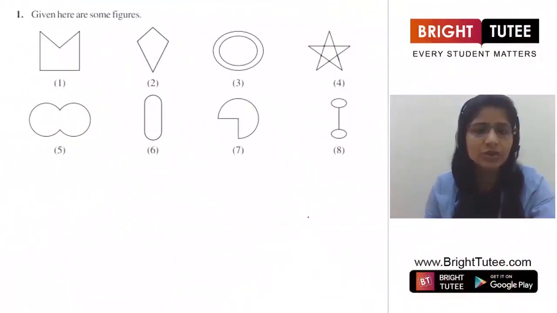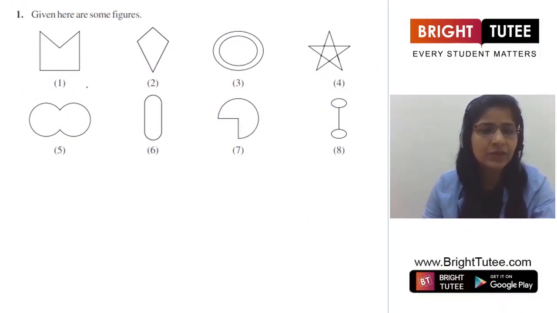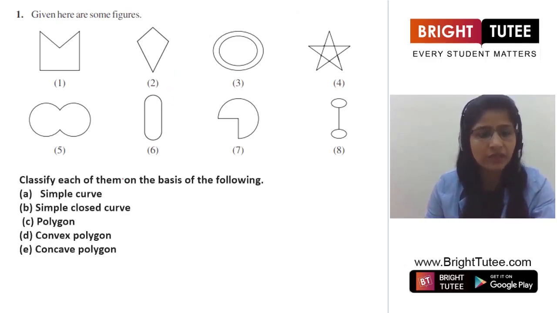Let us now move to some practice questions. So here are some figures given. You can see 1 to 8. There are 8 figures given, and in this question we have to classify each of them on the basis of the following. So the first one is